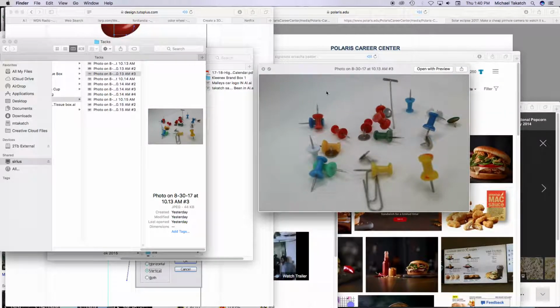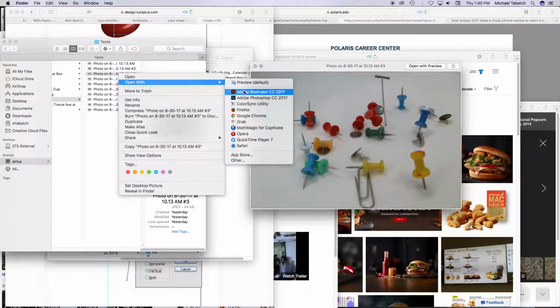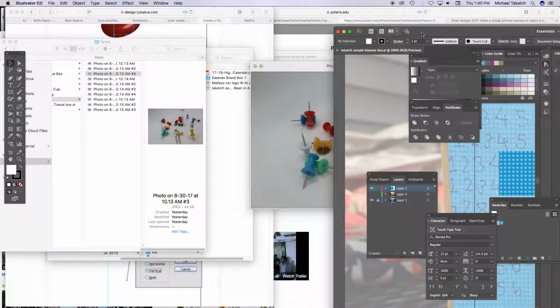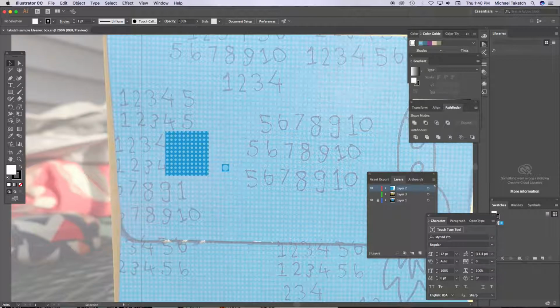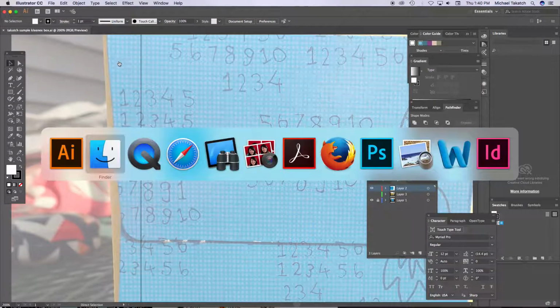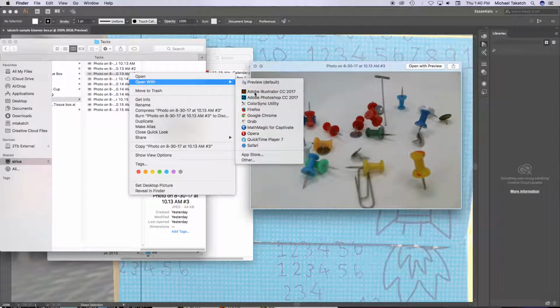You can eyeball it, see what you think of it, and then just right click on it and open this with Illustrator, and that'll give you kind of a basis to begin with. Cancel that. Let's see what we end up with here. So again, just go to the Finder, open with Illustrator,